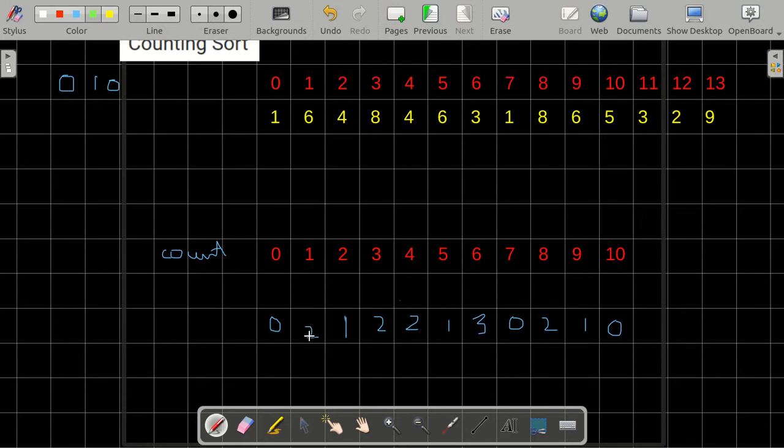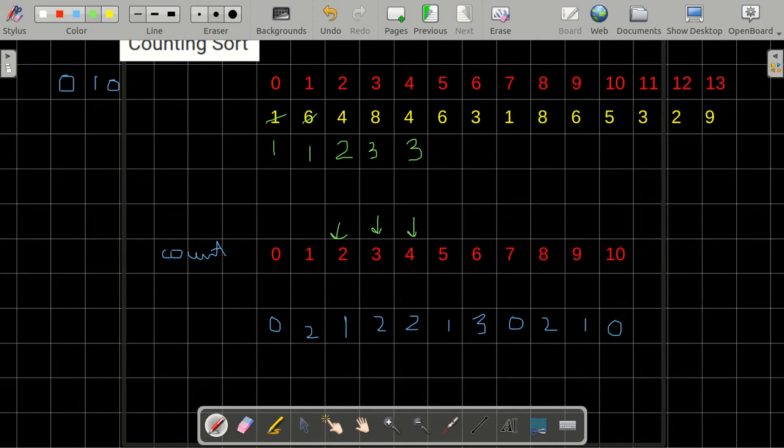The frequency is 2. So I am going to add 2 ones over here. So this will become 1 and even this will become 1. Then we go to 2. It has 1. That means my array should have only 1 2. So over here we'll have 2. Then we go over here. It has 2. This means that my array should have 2 3s. So over here we'll have 2 3s.